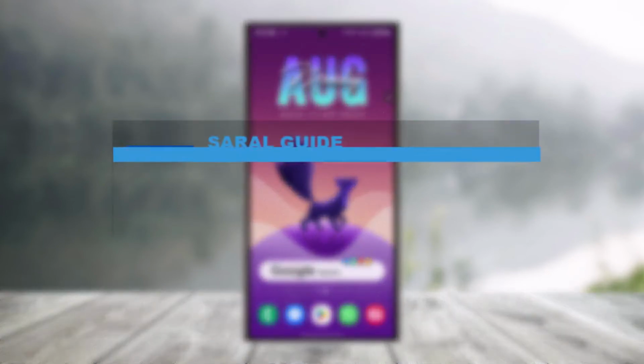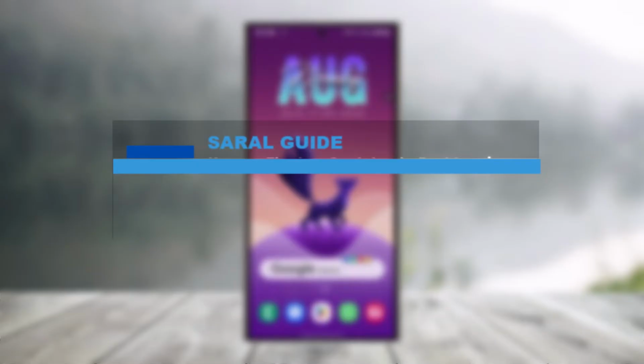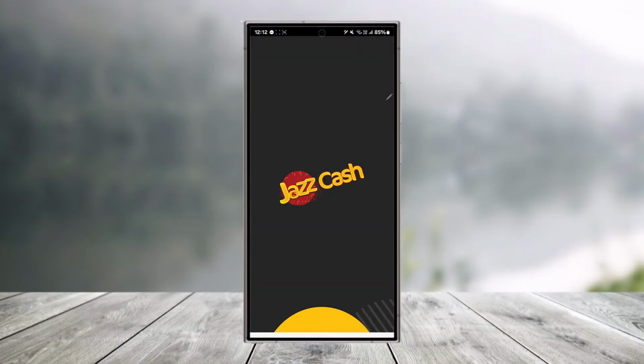How to fix JazzCash login problem, JazzCash login not working. So if you're having an issue while trying to log into the JazzCash application, first of all, open up JazzCash,